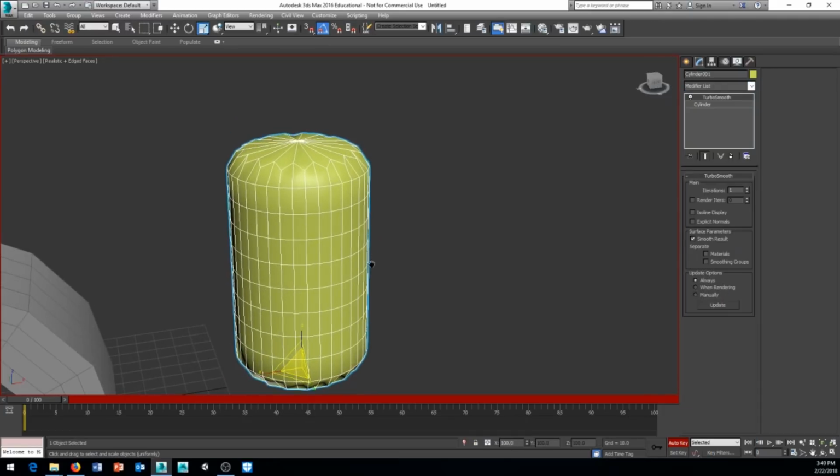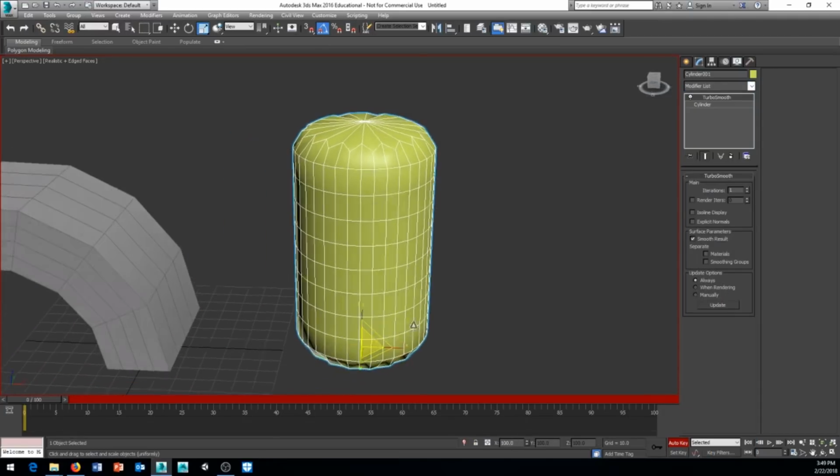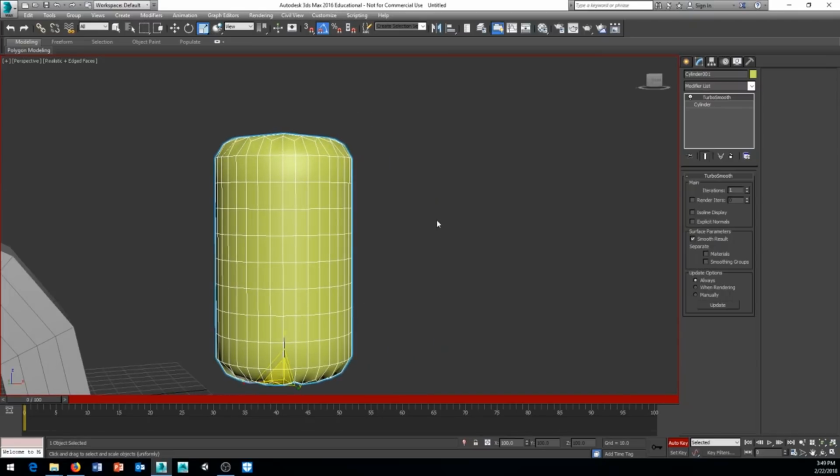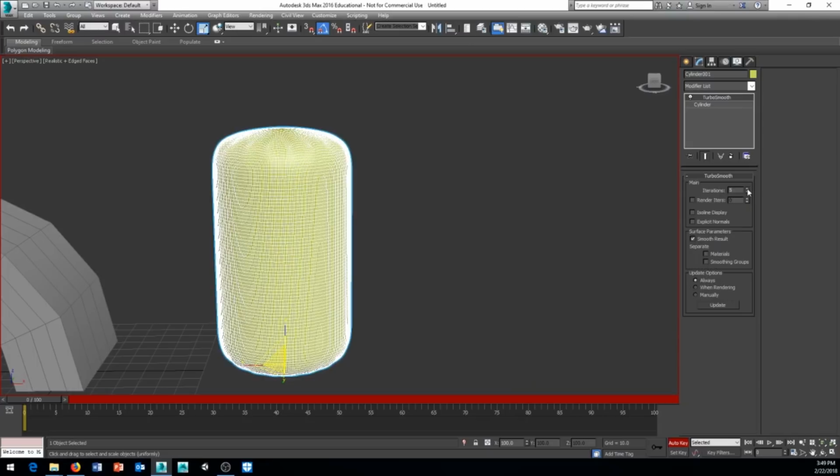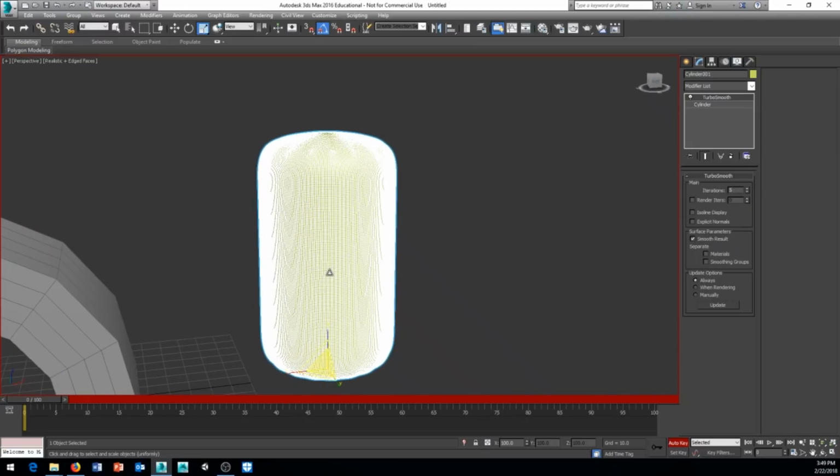What Turbosmooth does is it tries to smooth edges and adds geometry, as we can see, and we can choose how many iterations we want it to smooth to. So right here we have one iteration. If we change it to 2, 3, 4, it's adding a lot more polygons. So if I do my statistics,